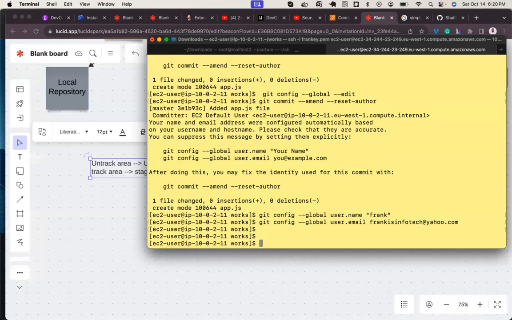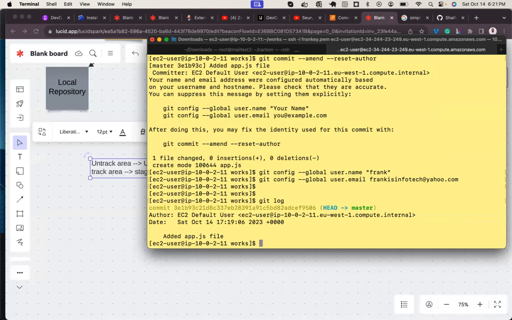So there's a command called git log. If I do git log and hit enter, it is going to show me all the git commits. You can see I have the commit ID, author, and date. Now the author is EC2 default user, which is this guy. That was before I did this global configuration.